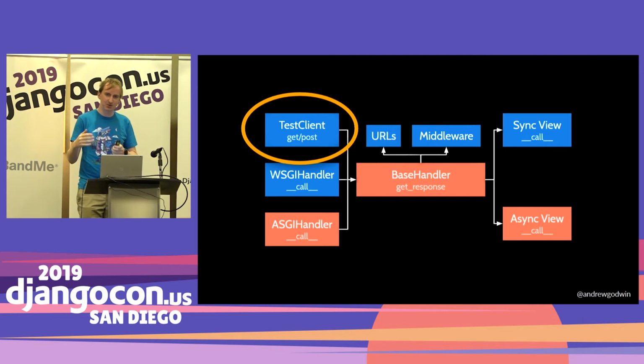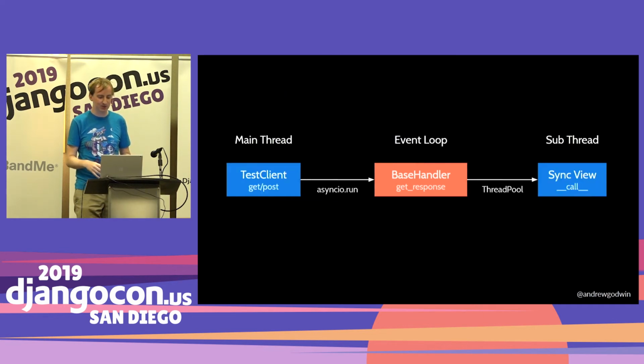And so what that means is we are basically forever going to have synchronous code in either the test client or the WSGI handler calling into the newly asynchronous base handler. And in fact, you may end up with a case where you have sync calling async calling sync. And Django is not dropping support for WSGI, and we're not dropping support for synchronous views. Those are staying around. And so we have this thing where this is going to be a standard part of the way